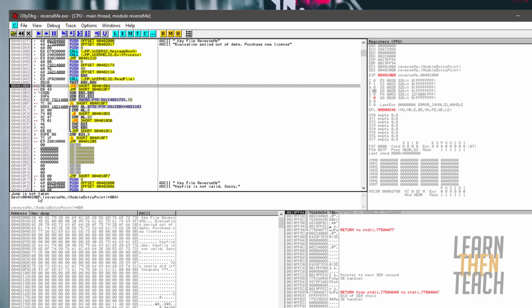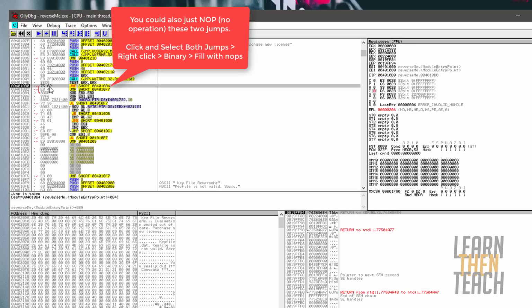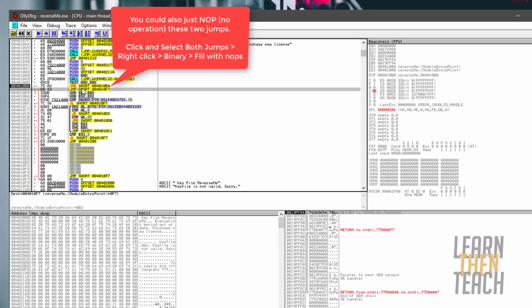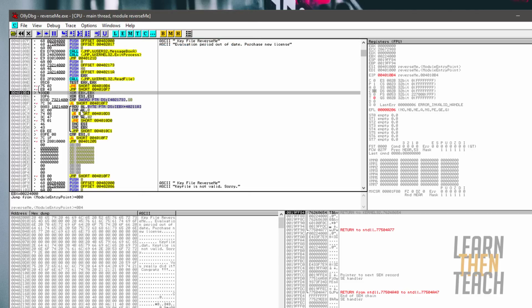So what we want to do here is pretty much the same thing we did to avoid the first error message. We want to mess with that zero flag. If we go ahead and do that, you can see, boom, the jump is going to be taken, so we're going to completely avoid the one that sends us to the error message. So we can step down, and it'll take us right over that. And then right after we do that,